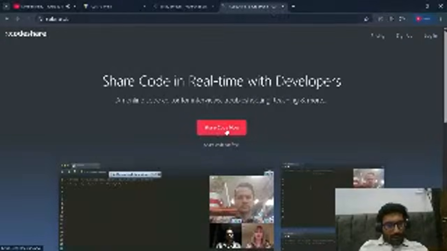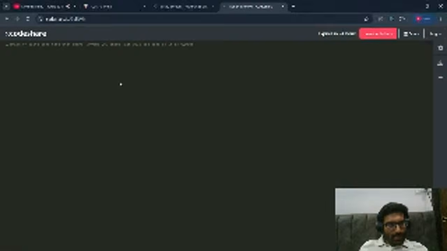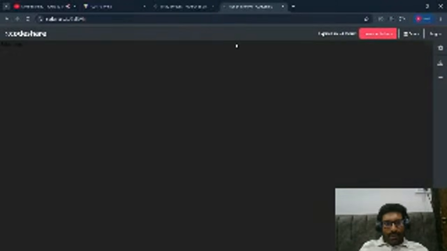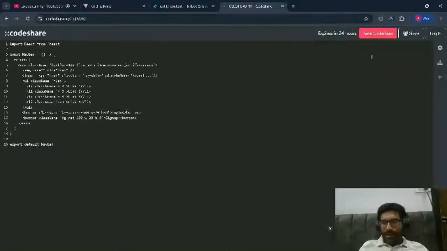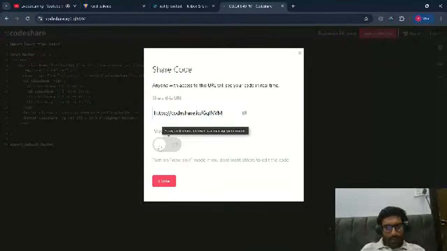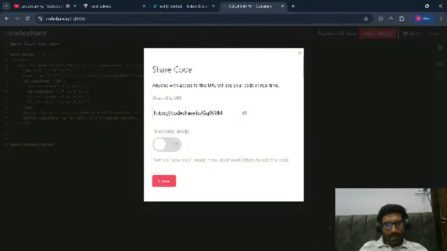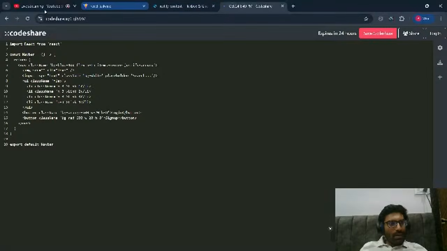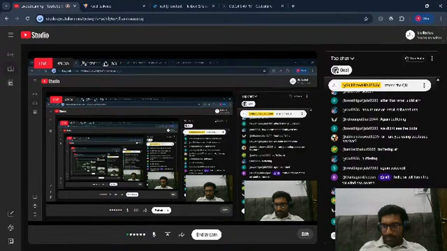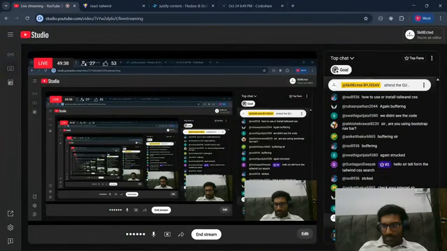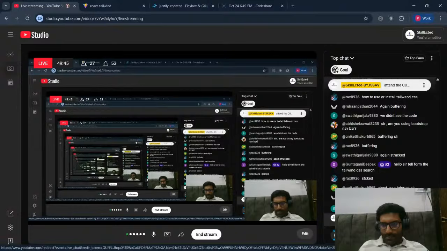So I'll share this code with you. Here I'll paste my code, in view only mode, and I'll share the link with you. So from here you can see the code that I've written in Tailwind CSS.